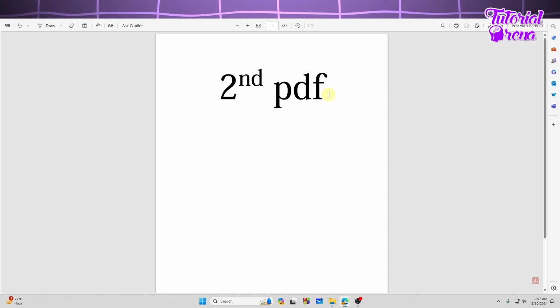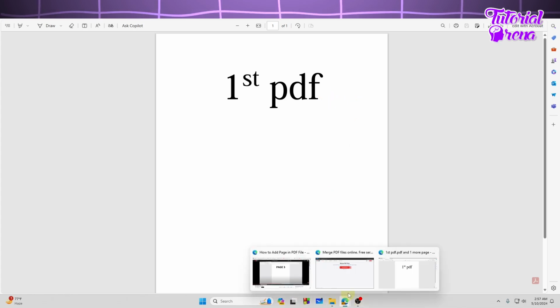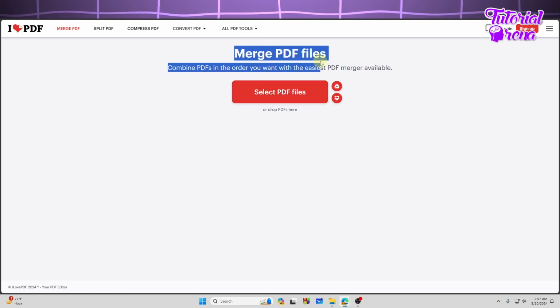If you don't know how to convert a Word file or image file or anything to a PDF, I have a dedicated video on that. You will see it on the icon. Then you will convert those pages to PDF. First you need to convert those pages to PDF, then you will end up having two PDFs, or multiple. After that you need to go to the link in the description and you will end up having this page,